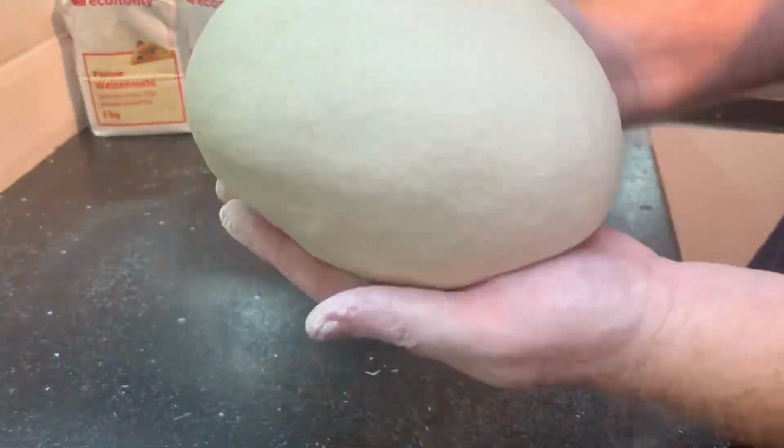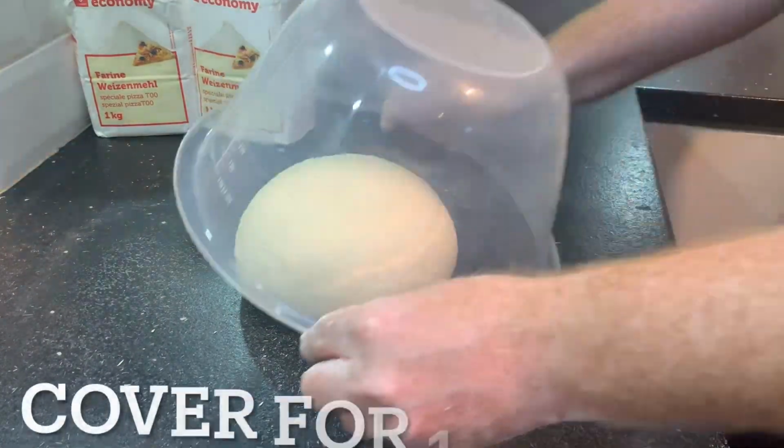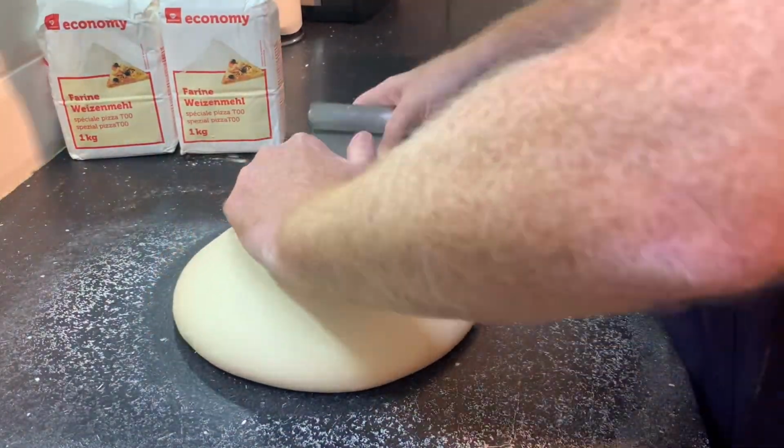So we'll form that into a bowl, and just look at that. I mean, it looks lovely and smooth, and in comparison to Caputo's and your other popular flours, it looks really good. So we'll cover that up for 1 hour, and after the hour, here presto,